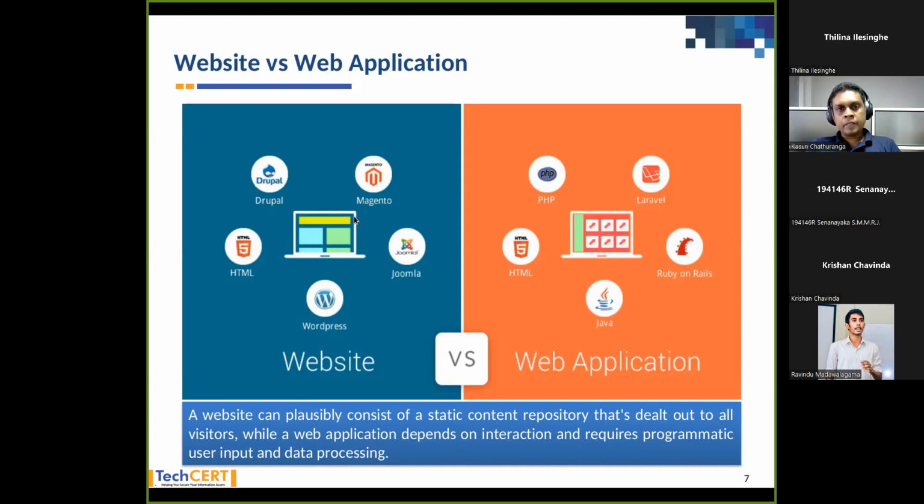In contrast, web applications are often made with frameworks or core languages from scratch. Today's topic is specifically focused on websites, not web applications. The things I discuss today are more relevant to websites. For web applications, we would need not one session; if you are thinking about securing them, it would be a whole complete course. So we are focusing on the security of websites today.